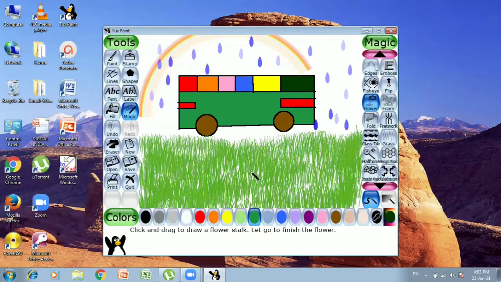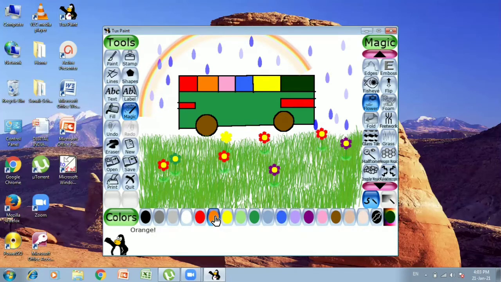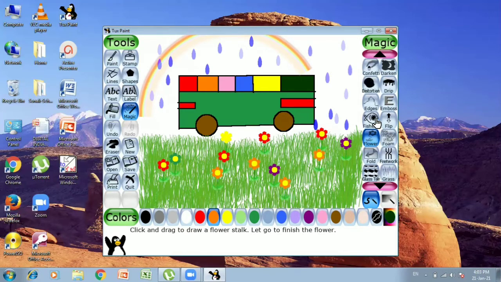You can make flowers also. Select any color. You can add red flowers also, like this. Wherever you want the flower, you simply have to first choose the color and then click over there. Okay, this way flowers can be added.